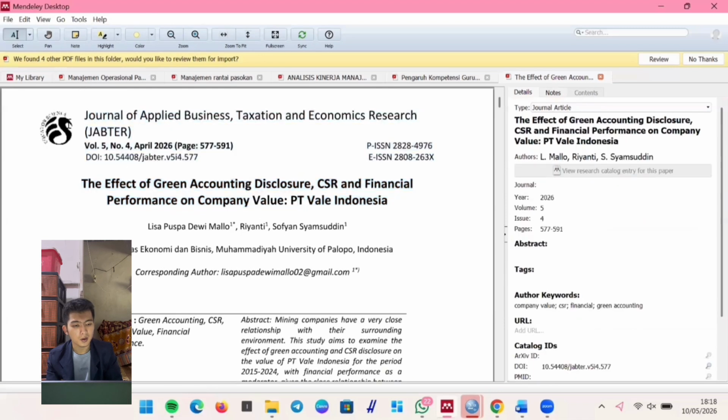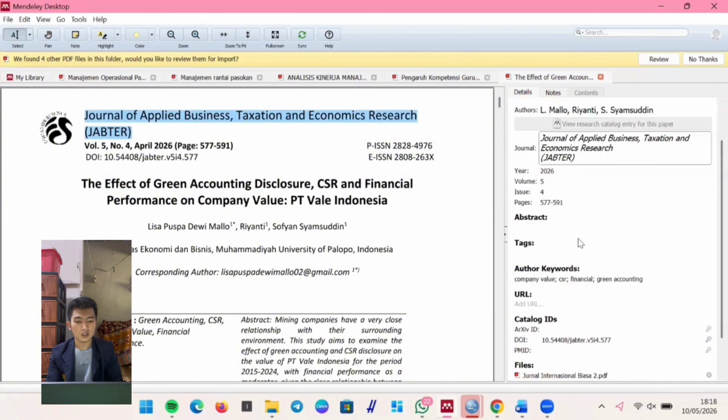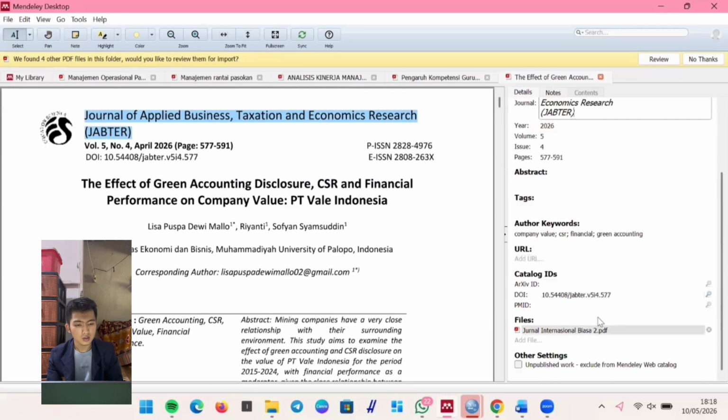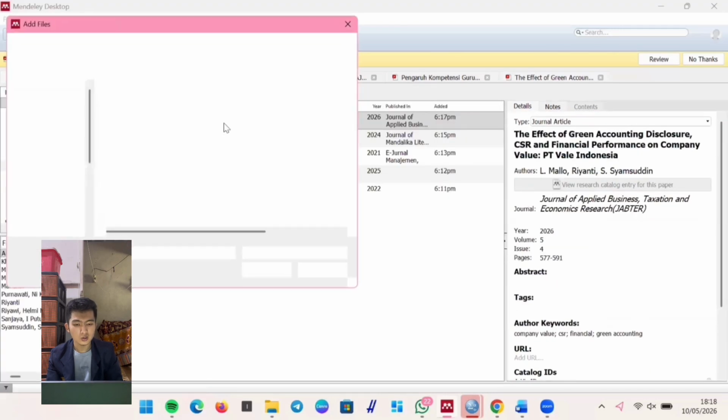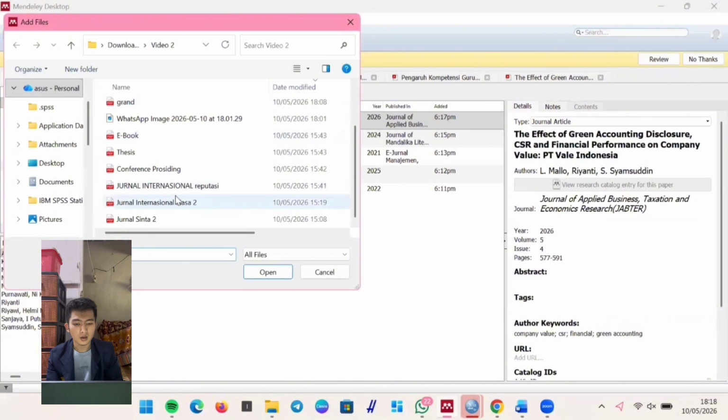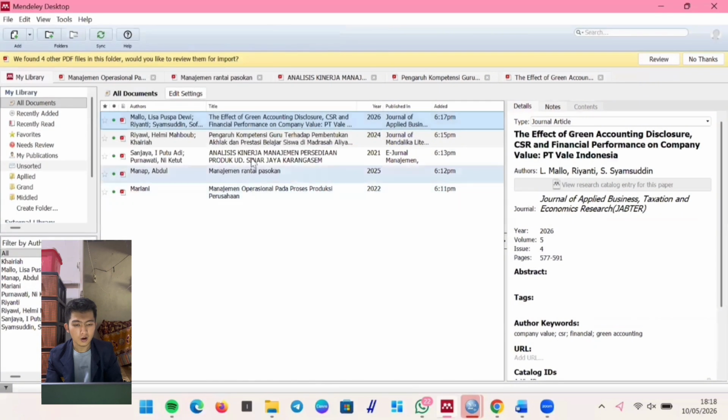Publication year, volume and issue number. Remember, any error at this stage will determine how neat our bibliography will be in Microsoft Word later.